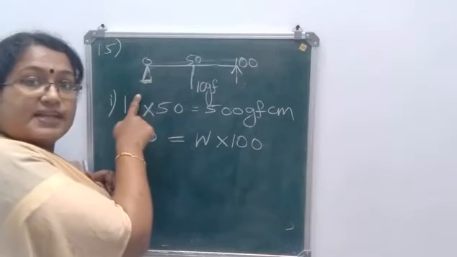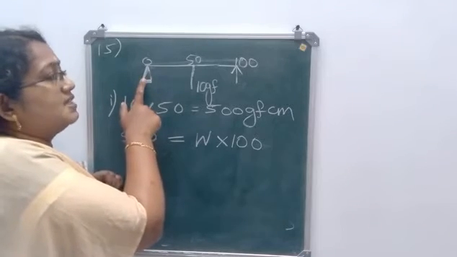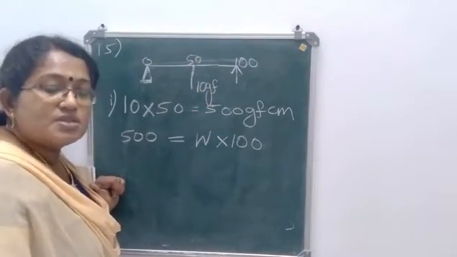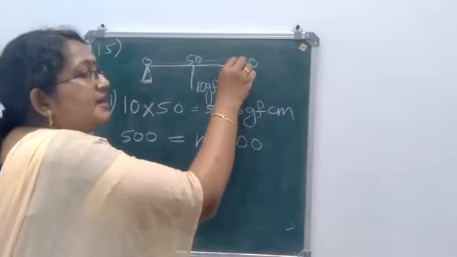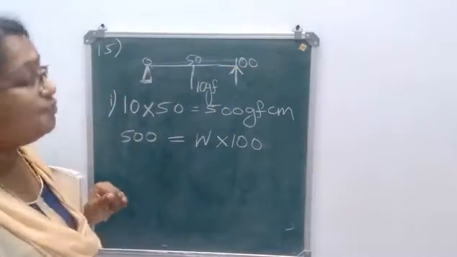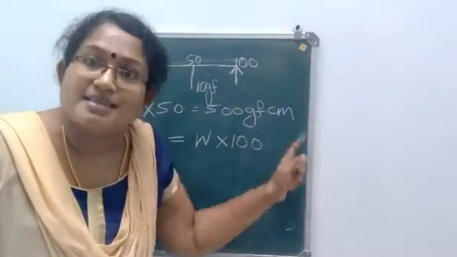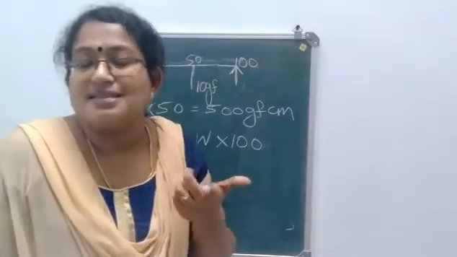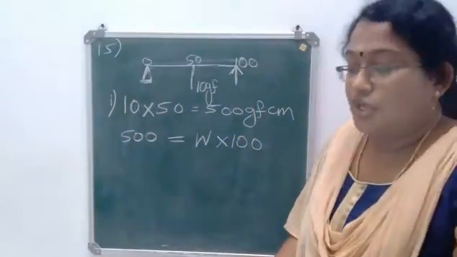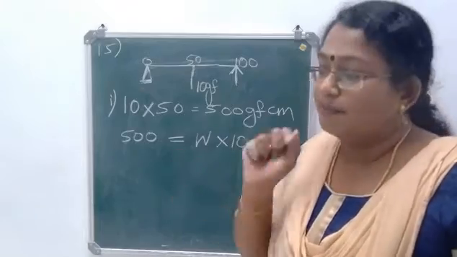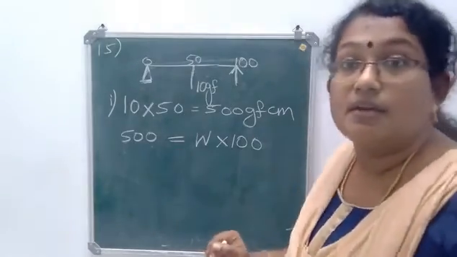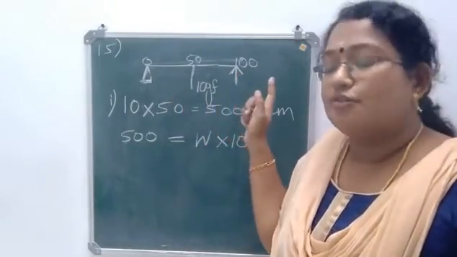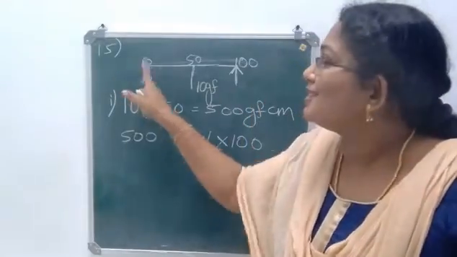Here we have the pivot at one end. The rule is placed on this pivot, and due to its weight the rule gets depressed. Now how much force is required in order to raise it? Minimum force is to be applied. If the force is minimum, the distance should be maximum. In order to apply minimum force, distance should be maximum. That is what we learned in the principle of moments. That is why they didn't mention the point where that force has to be applied. Clear? Since we need minimum force, the force should be applied at maximum distance from the pivot.